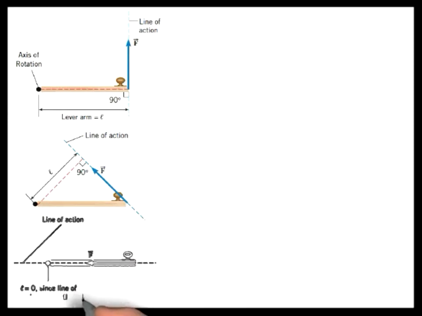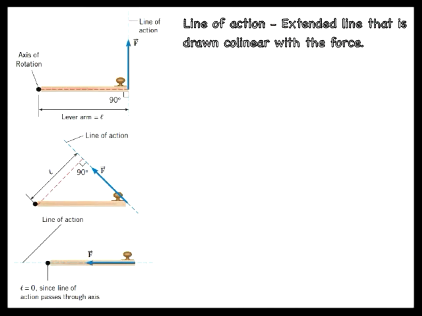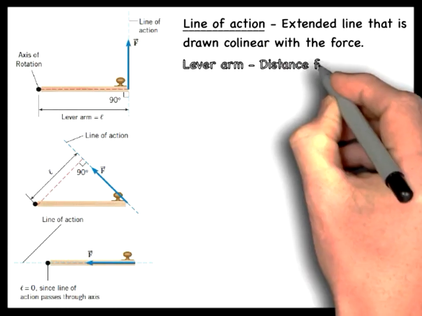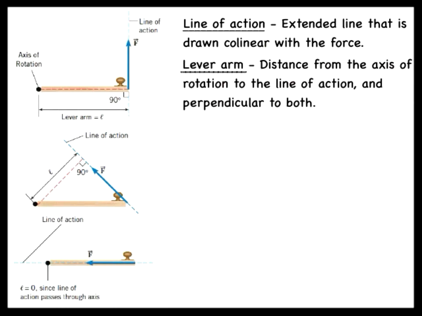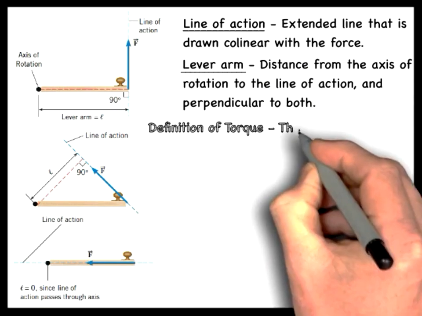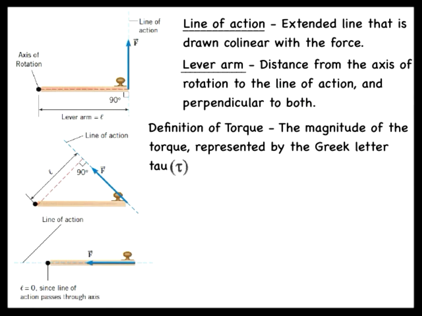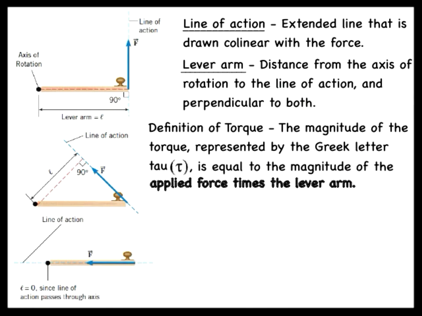We now want to define some important concepts associated with torque. First, we have the line of action. This is an extended line that is drawn collinear with the force. Next is the lever arm L, which is the distance between the line of action and the axis of rotation, measured along a line that is perpendicular to both. Torque is then defined as the following. The magnitude of the torque, represented by the Greek letter tau, is equal to the magnitude of the applied force